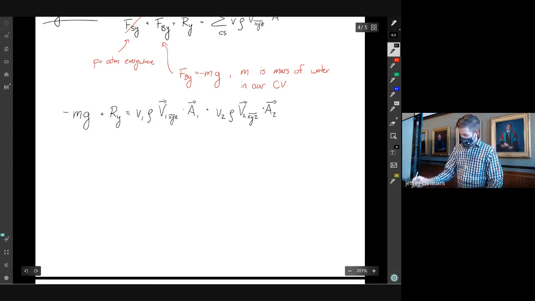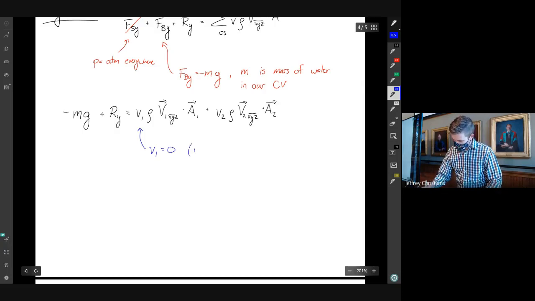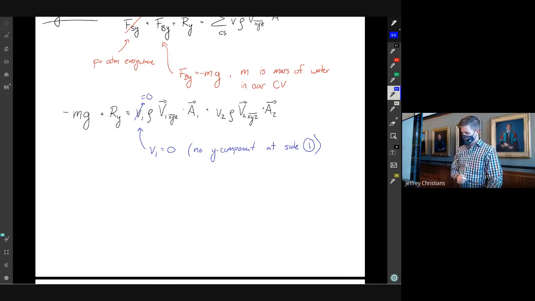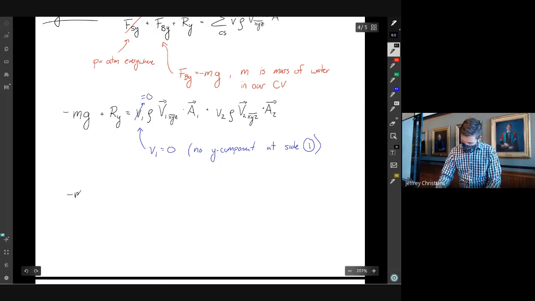We can simplify this because here V1 is equal to 0, right? There is no y component at side 1. So this whole term crosses off and equals 0. So we're just left with minus mg